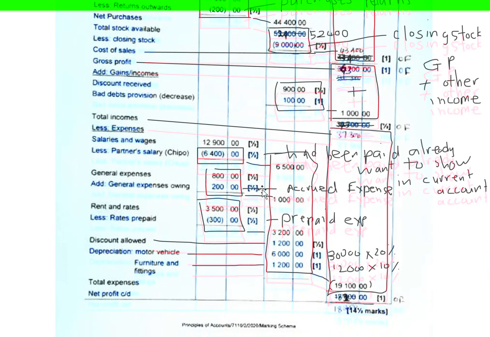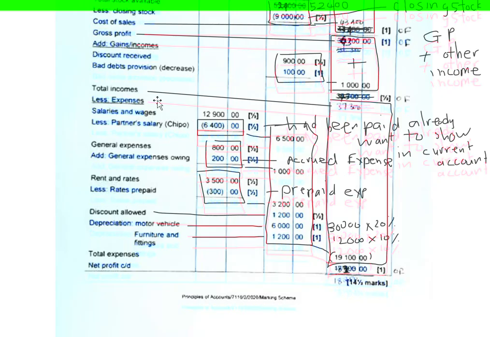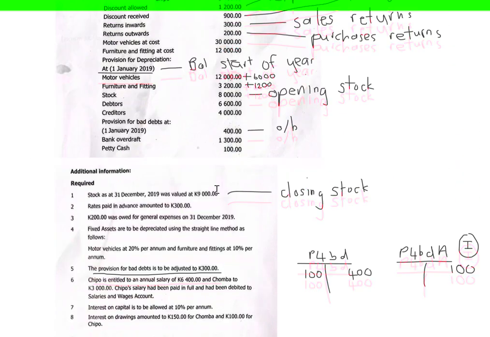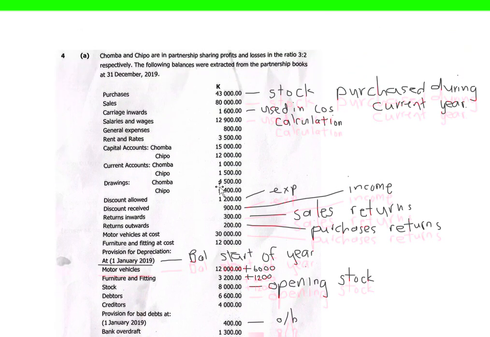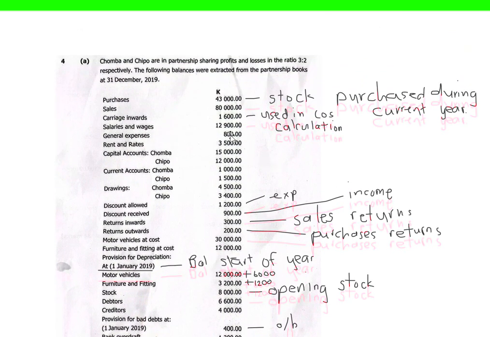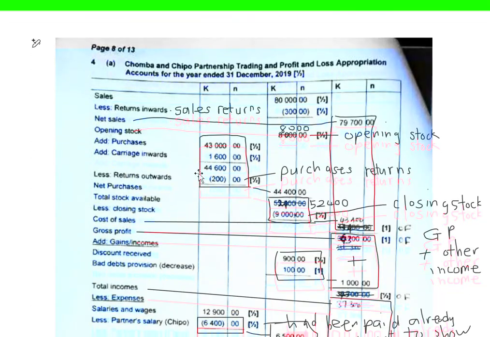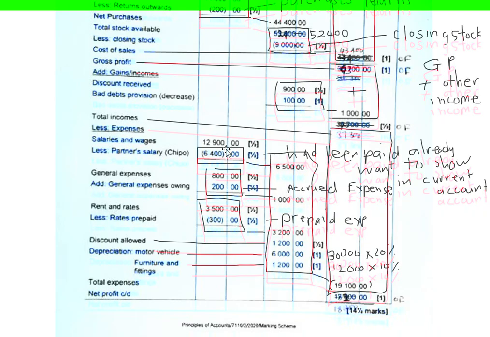Now what you need to do is the expenses section. So salaries and wages amounted to 12,900. And if we go and just have a look here, 12,900, there it is, salaries and wages. Easy, no adjustment there. 12,900. Now what they have done here is they've taken out the partner's salary, because that must be shown separately